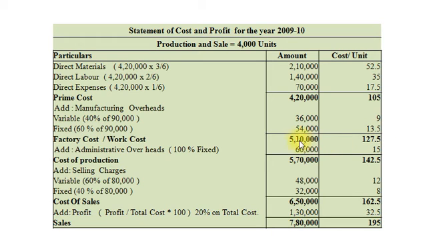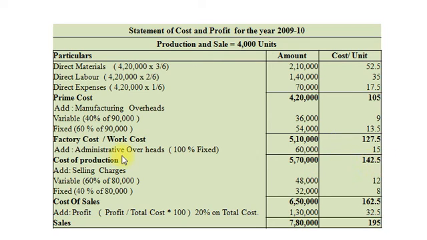So by adding we get factory or work cost rupees 5,10,000 and per unit rupees 127.5. Now in factory cost or work cost we will add administrative overheads, which is 100% fixed, so 60,000, and per unit rupees 15. So we get 5,70,000 as a cost of production and per unit